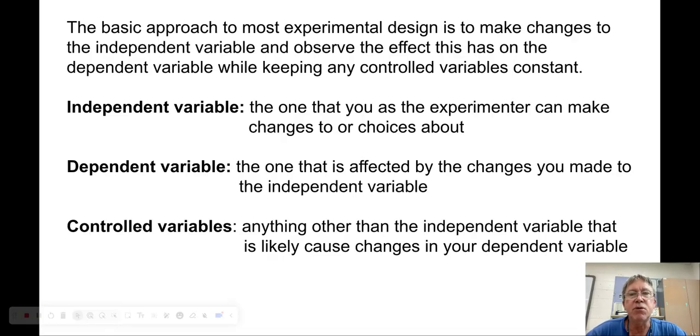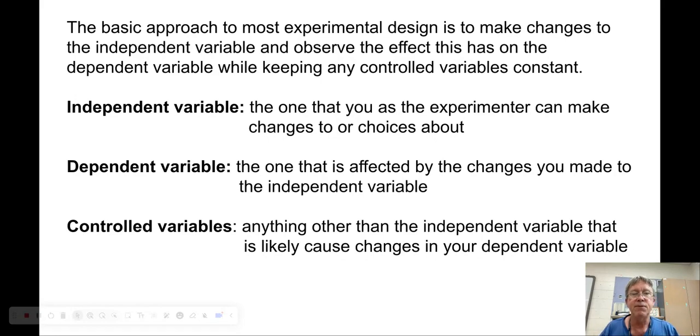You want to read over the prompt and figure out what is your independent variable, what is your dependent variable, and what are your control variables? That's always your first thing you want to ask yourself, okay? So the independent variable is something that you are going to make changes to. You have the agency to make choices about. If you can say, I'm going to change the mass or I'm going to change the force, okay, well then